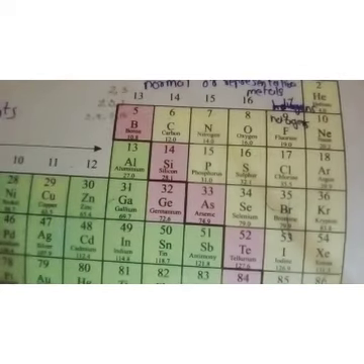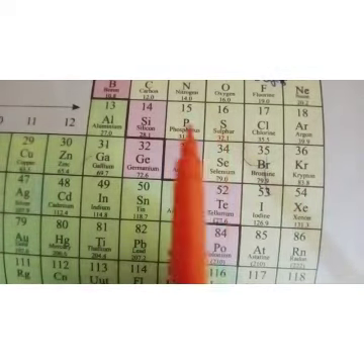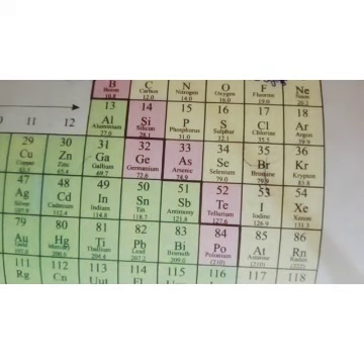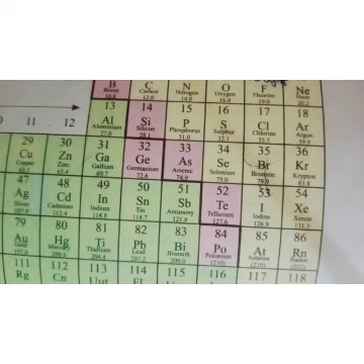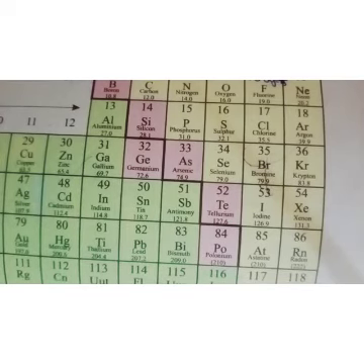Then on the right side, these elements which are written in yellow color are non-metals. Non-metals have the tendency to accept electrons during a chemical reaction. During chemical reactions, you know that chlorine and oxygen, you have written the formation of ionic bond, these non-metals have the tendency to accept electrons. They are electronegative in nature. This also depends upon their valence electrons only. So based on that, we classify elements into metals, non-metals and metalloids in the periodic table.